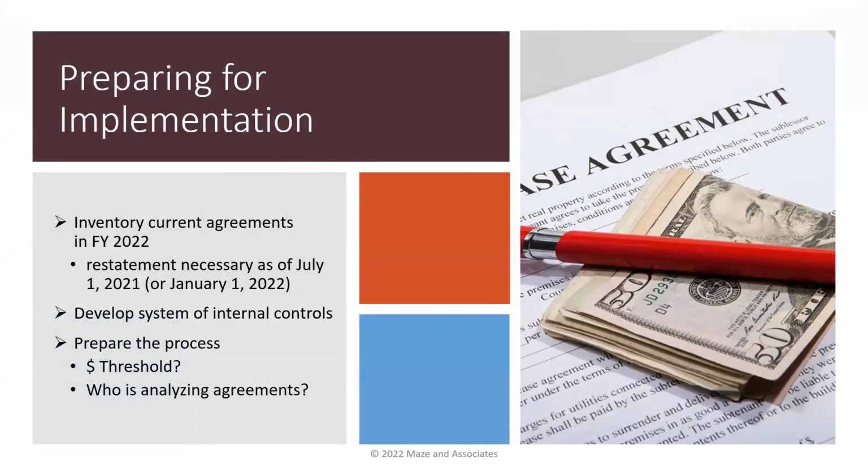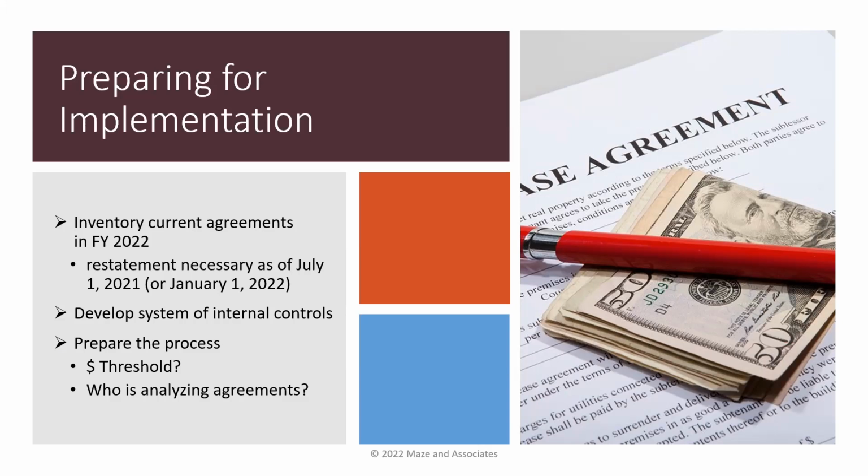So how do you prepare for the implementation? I know we sound like a broken record when we talk about it, but you want to inventory all your current agreements. And when we say all, you really do need to inventory all of them. Don't just look at them and decide, okay, this one's not subject and not included on your inventory. Include everything, because you want to not have to rehash what your decision points were when you run across that agreement in the future. Now you run across it in the future, it's on your inventory. You made your decision, and it is or it is not being recorded.